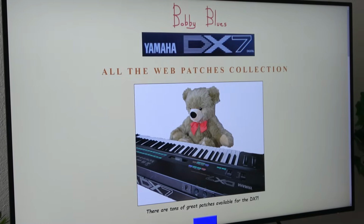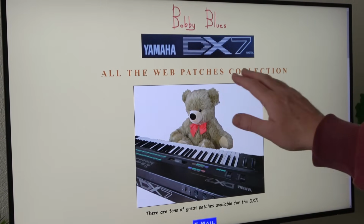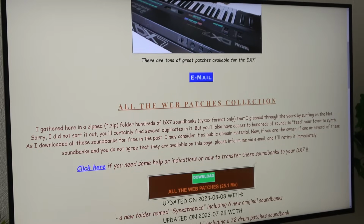Okay, the first thing you'll need to do, my friends, is to head over to the Bobby Blues. Just Google DX7 All the Web Patches collection. And this is a 26 megabyte download. And remember, a DX7 patch is minuscule, so this is going to translate to a lot of patches. Now, I haven't counted, but I think the last time I checked it was about 60,000, yes, 60,000 presets for